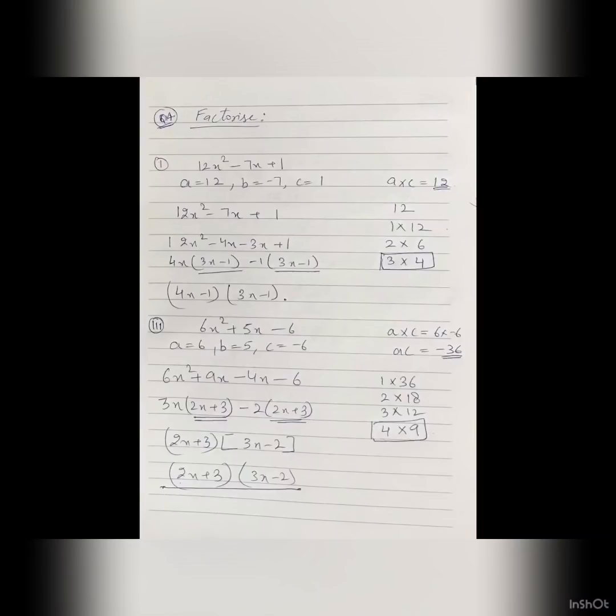In this, the product of the first and last term is minus 36. Here the product is minus 36. It means the factors are of different sign. One factor is positive and one is negative. Now the middle term is plus 5. So we have to select two factors. When we multiply those two numbers, we should get minus 36, but when we subtract the two numbers, we should get plus 5. So let us write the factors of 36: 1 into 36, 2 into 18, 3 into 12, 4 into 9. Now 4 into 9 is equal to 36, and if I take the difference of 4 and 9, it is 5.